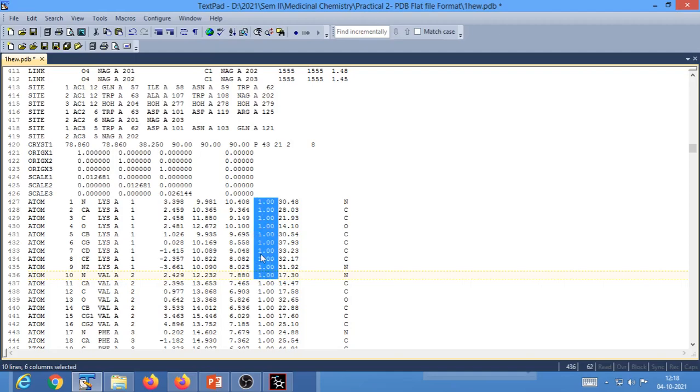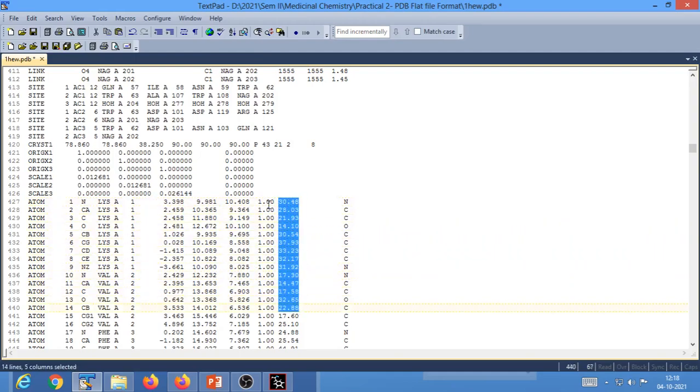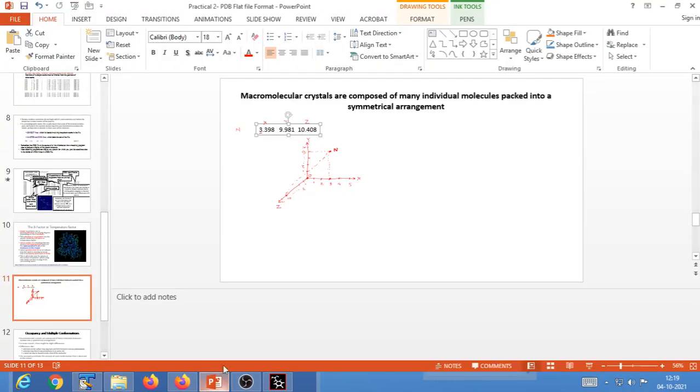Okay, and the column subsequent to occupancy is called the B factor column. So this column corresponds to the B factor of each and every atom in your PDB file. Now let us start discussing what exactly occupancy signifies, and what the B factor is and what it signifies. For that I think we would need our